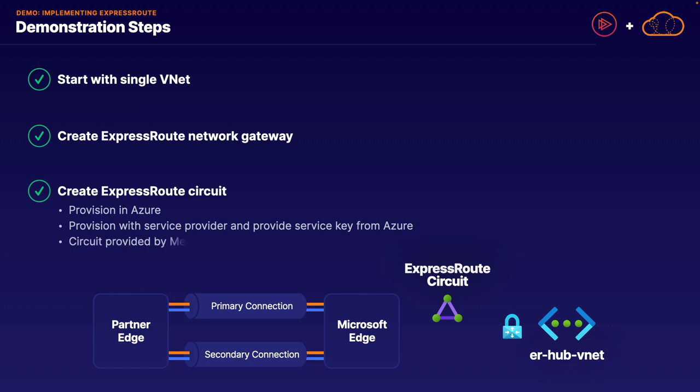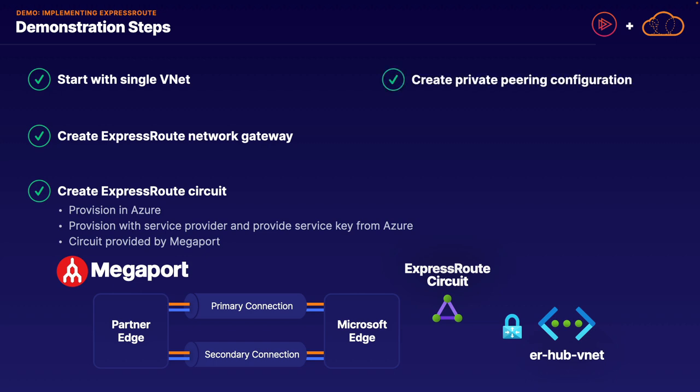For this particular demonstration, we are partnering with Megaport, who is an ExpressRoute Global Network as a Service partner, to set up this live circuit. Megaport was kind enough to provide us a circuit to make this demonstration possible, so thank you very much to Megaport. After our live circuit is up and running, we'll then go on to our next implementation step, which is